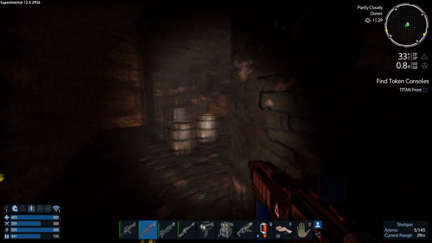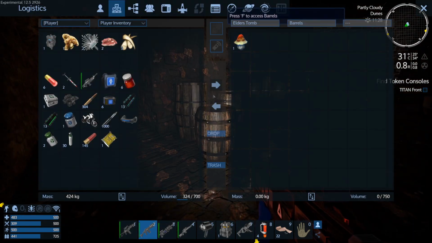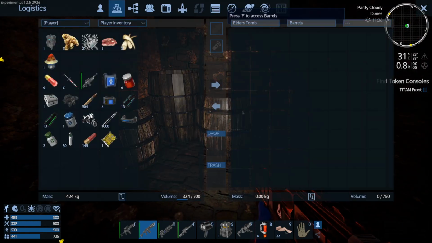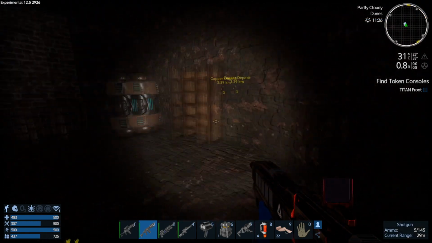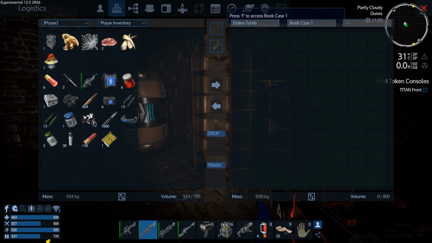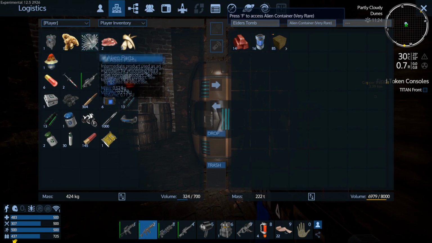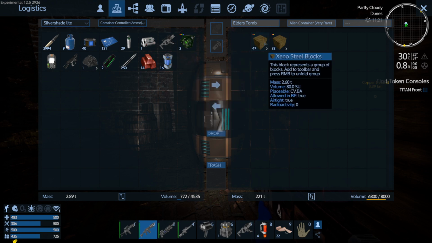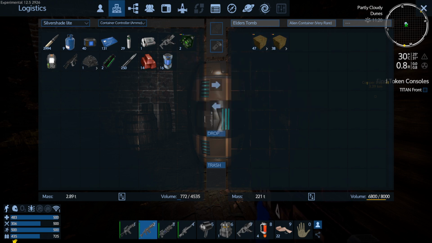Get round here. Take that. Nothing in there. Nice loot container here. We'll certainly send that up to the Silver Shade. Got some Zarcosium and some power cells. Not worried about the Z though. Actually,